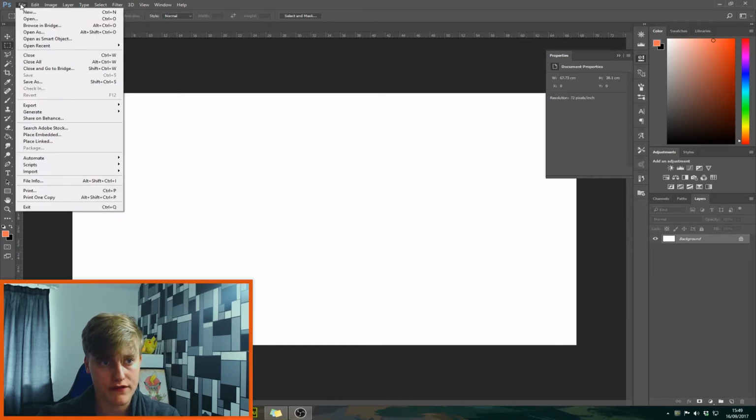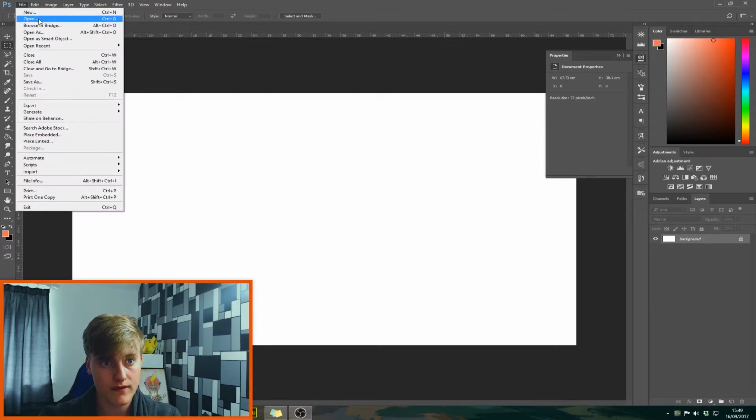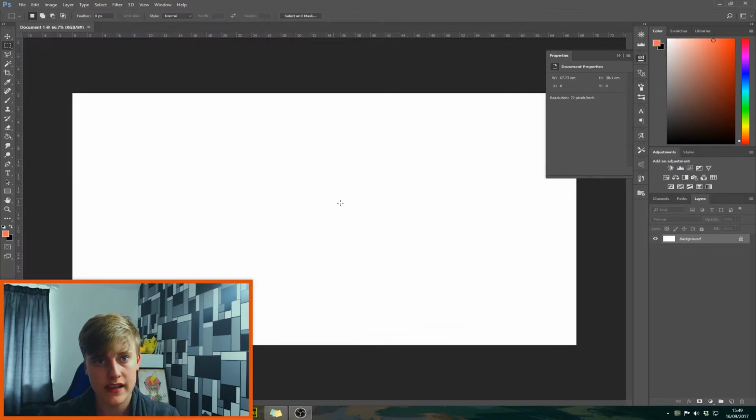On here, if you press file, you can do another new document, just the same. They'll pop up with this, or you can do open, which will open the document. And if you see, this is from another video. You've got your thumb, which is a PSD format. You've got PNGs and JPEGs, which are your image files, and you can open those, and they all work a